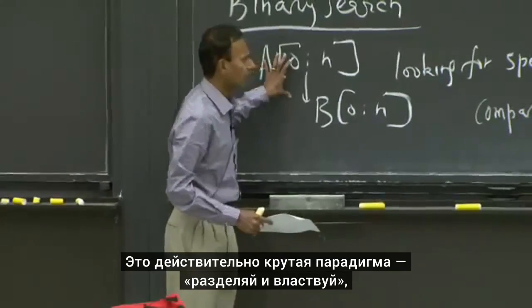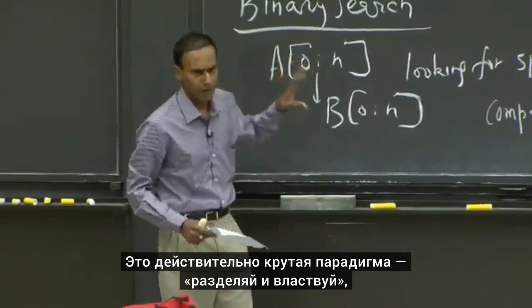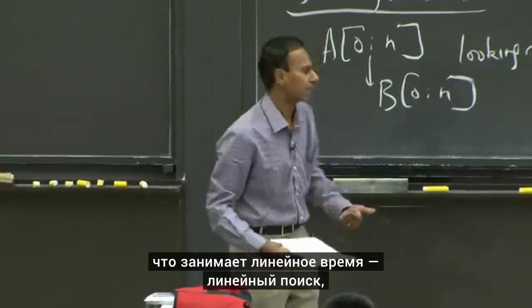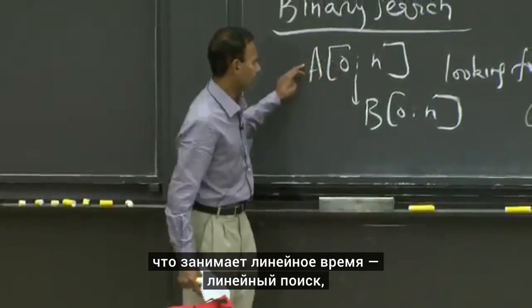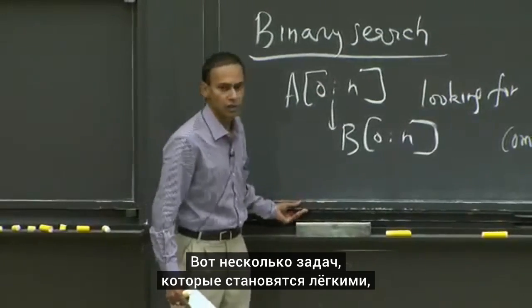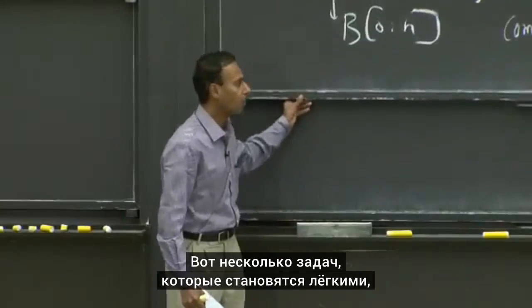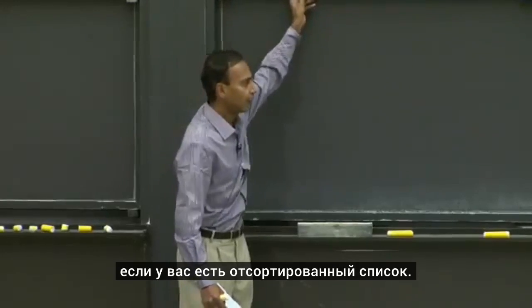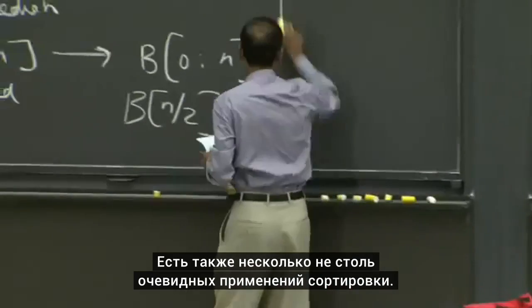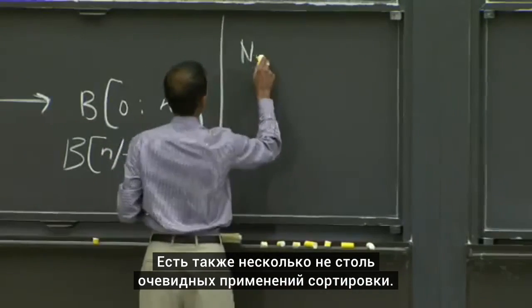It's really a great paradigm of divide and conquer, probably the simplest, and it essentially takes something that's linear, a linear search, and turns it into logarithmic search. So those are a couple of problems that become easy if you have a sorted list, and there are some not so obvious